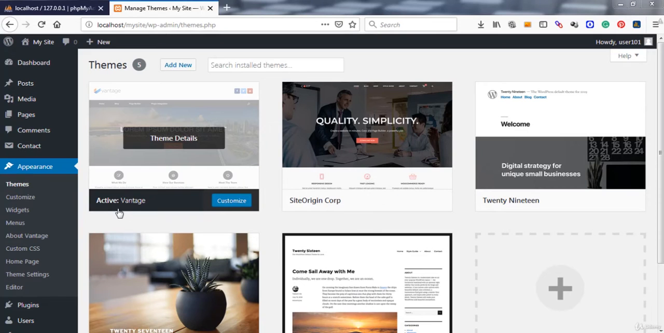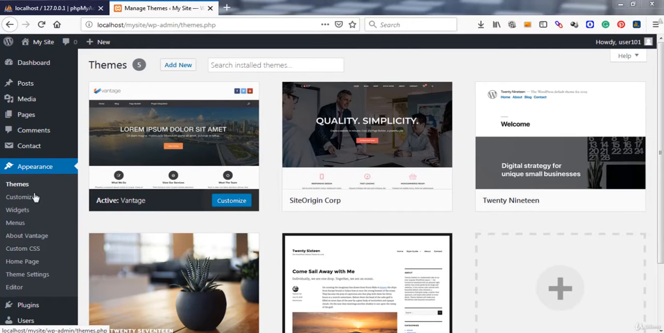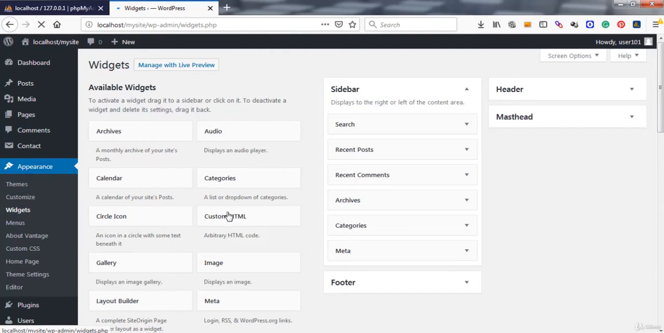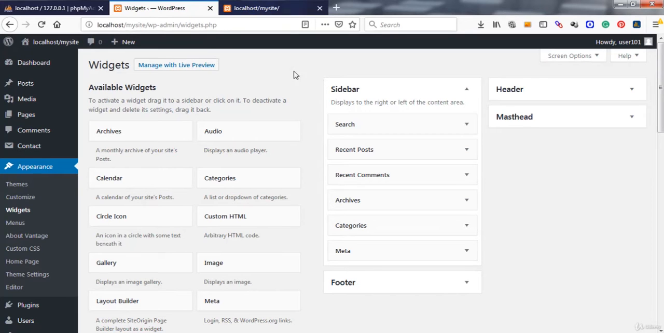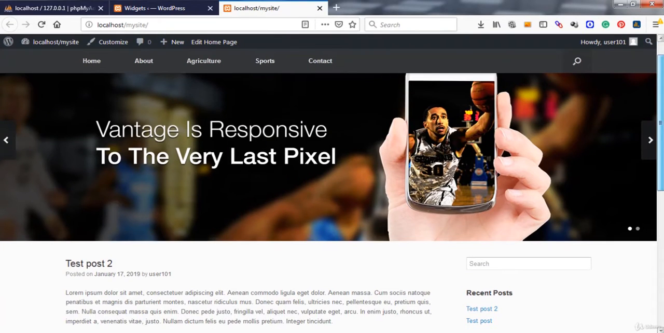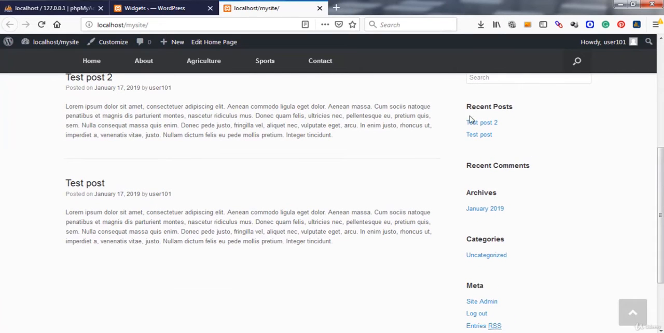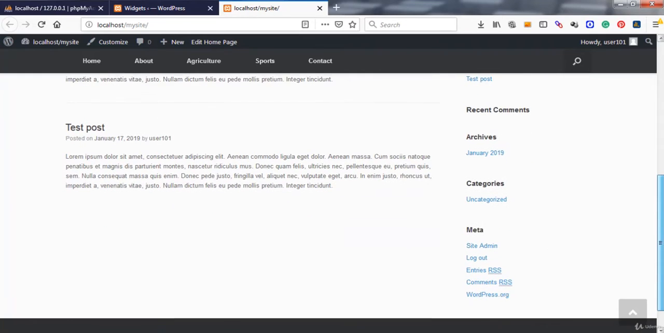Okay, now in order to do that, just head over to appearance and click on widgets. Now adding and removing widgets is quite easy. Okay, now before we do this, let's visit our website so that you get to see the widgets when we remove them. Okay, now if you scroll down a bit, you can see that we have a widget for recent posts, we have a widget for recent comments, we have a widget for archives, for categories, meta, and yeah, just